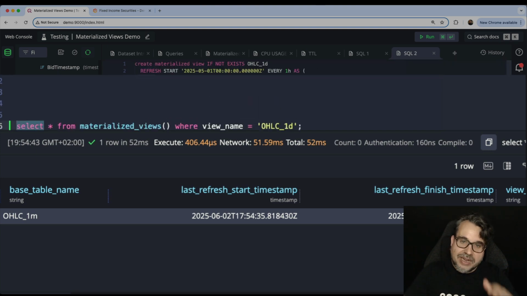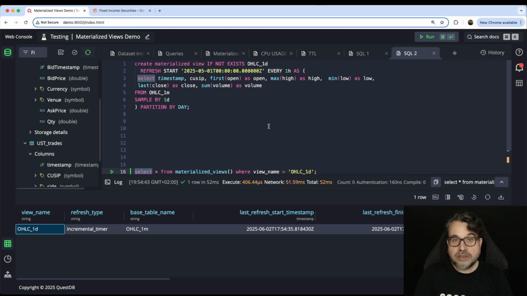So you can have the balance between how fresh is the data and how much extra process your server needs to do. Because every time you update a materialized view, the server needs to run a query. It's going to be typically a small query. It's going to be only around the transaction that you are ingesting data, but still, the server needs to query data and ingest every time you refresh. So if you don't need to refresh data constantly, it's a good idea to create views on a timer.